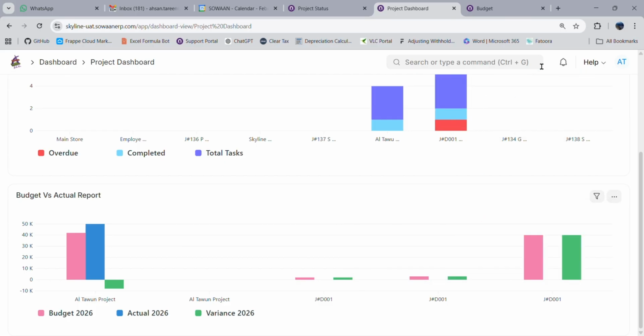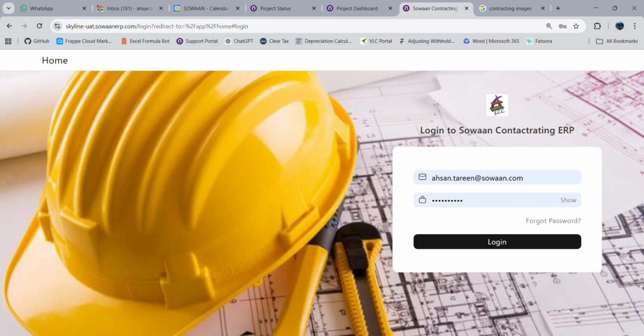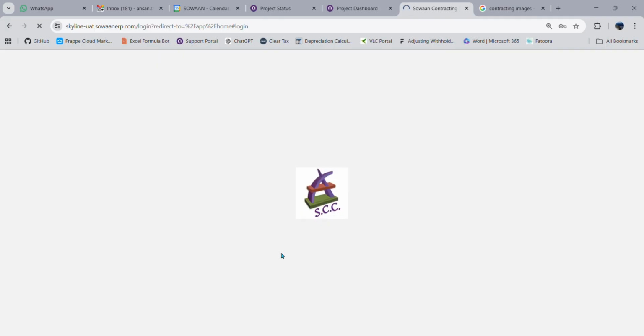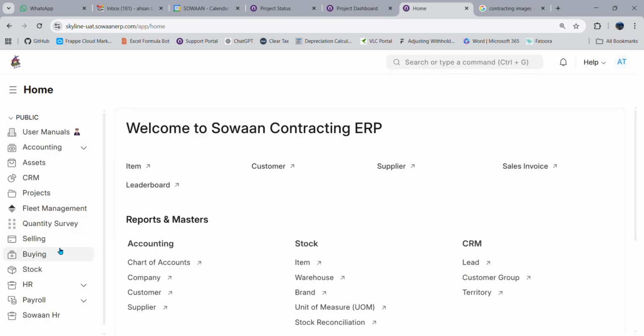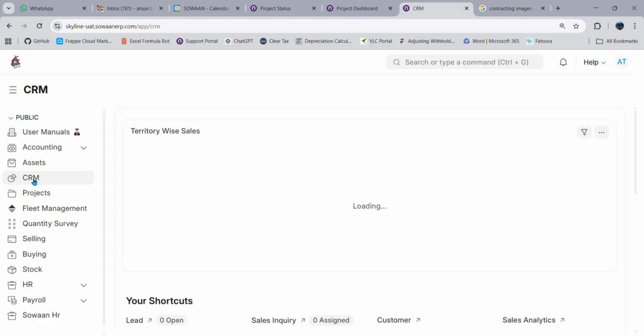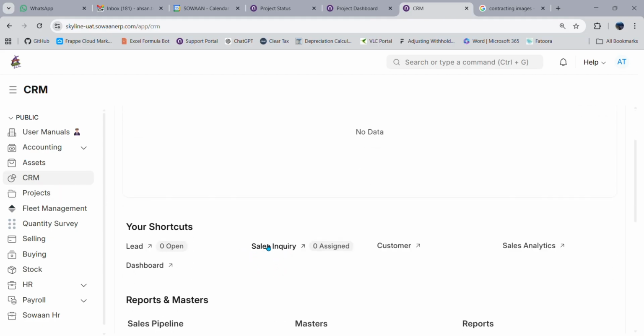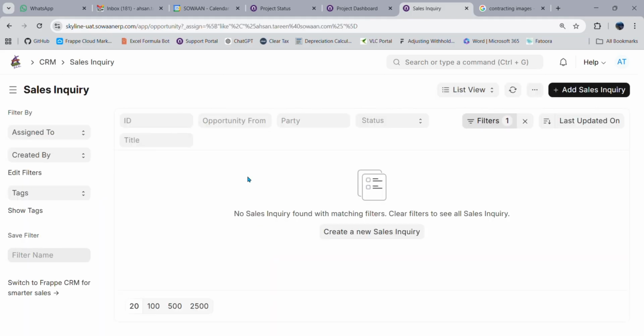This is the login page of Swan Contracting, where you insert your username and password, and you can log in by clicking the login button, and that is how you land on the home page, where you can see the modules on the top left side, and you can click on any of the modules and the system will take you there. The sale inquiry document